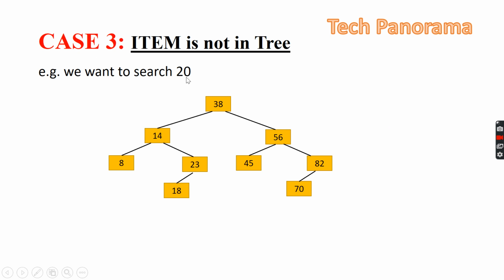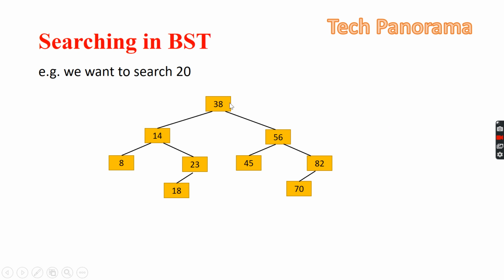Now I'll discuss the third case, that is when the item is not in the tree. For example, if we want to search for 20 or insert 20 in the tree. First, 20 will be compared with 38, and it does not equal. When we compare 20 with 38, 20 is less than 38, so the pointer will point to 14 and save will point to the parent of PTR, that is 38. Now 20 will be compared with 14. They do not match and 20 is greater than 14, so PTR will move to the right of 14. First save will move to 14 and PTR will move to the right of 14.